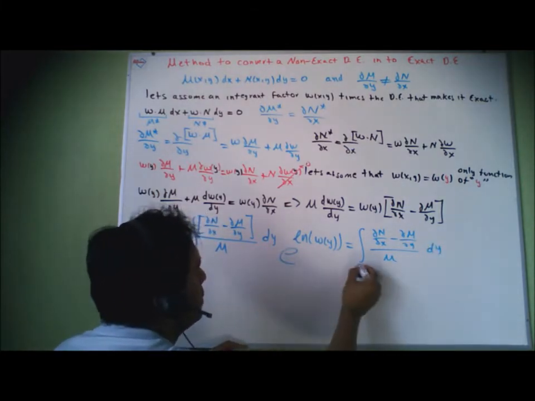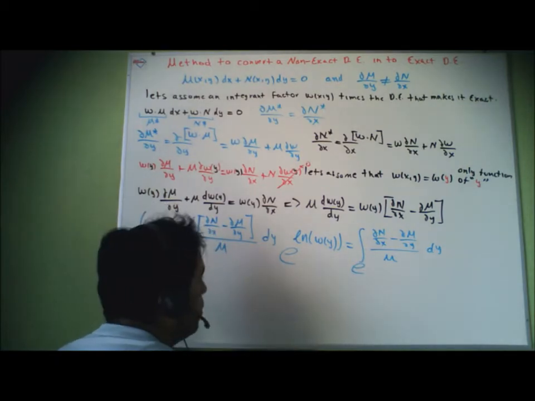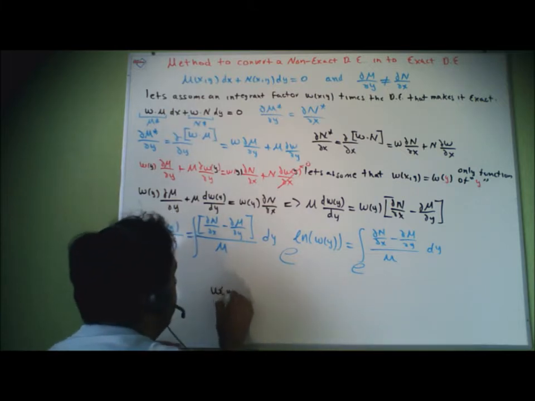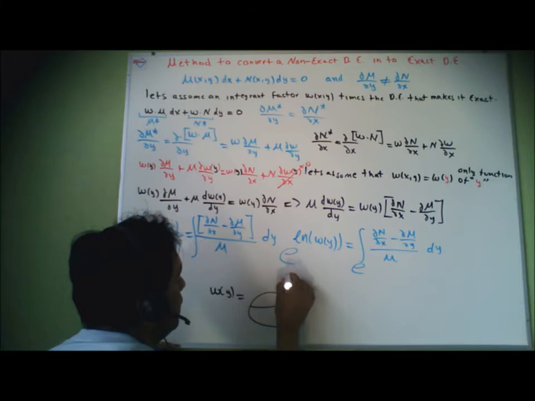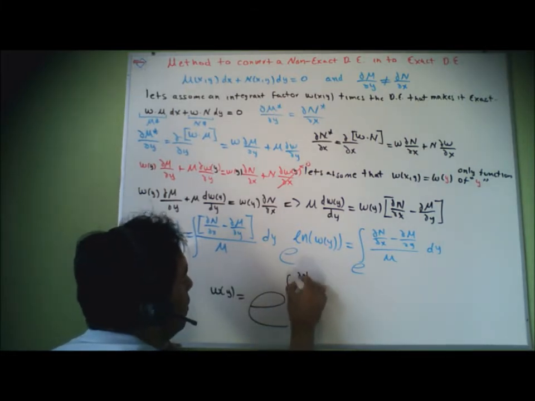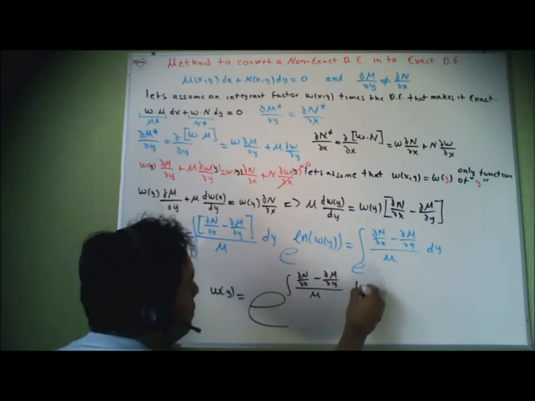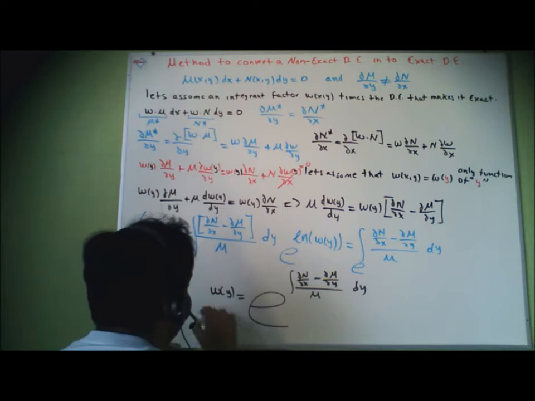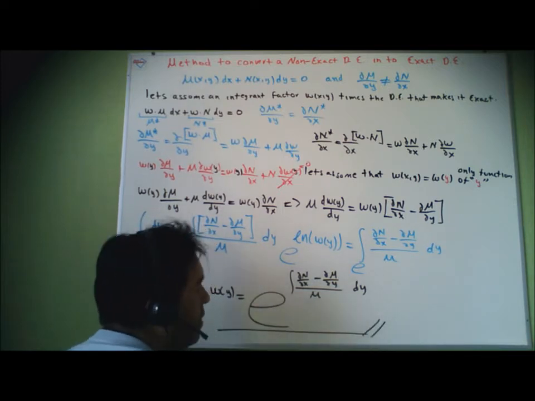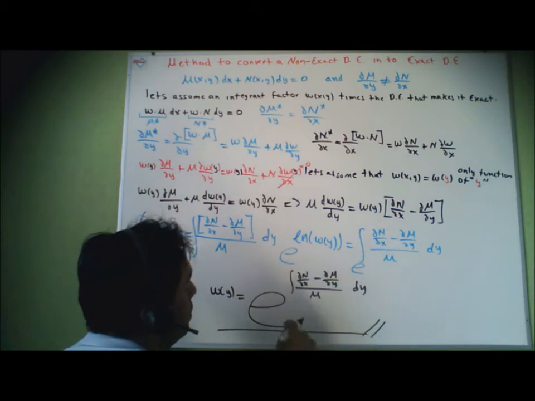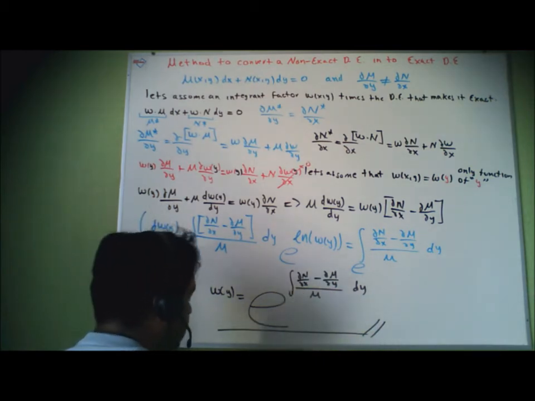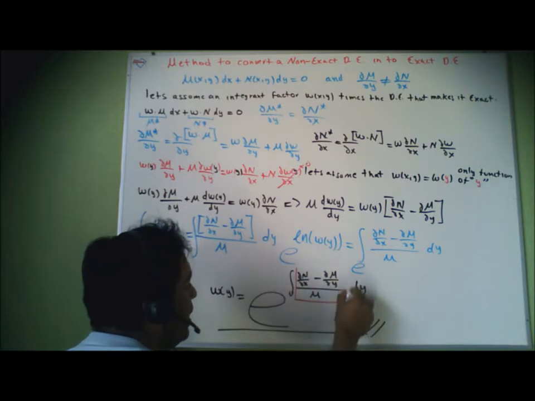Let's take the exponential on both sides. What you are going to get here is w of y equal to the exponential of the integral of the partial of n with respect to x minus the partial of m with respect to y over m, differential of y. So you get a formula very similar to the previous one, but the difference is that it is expected that this is only a function of y. That means this formula works only if this